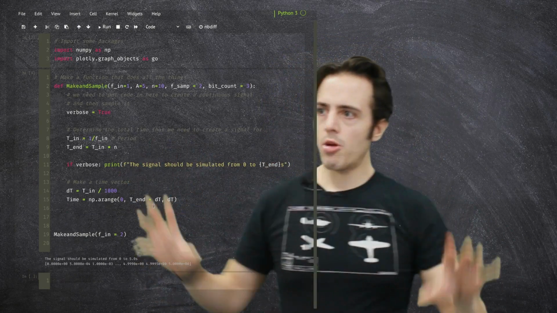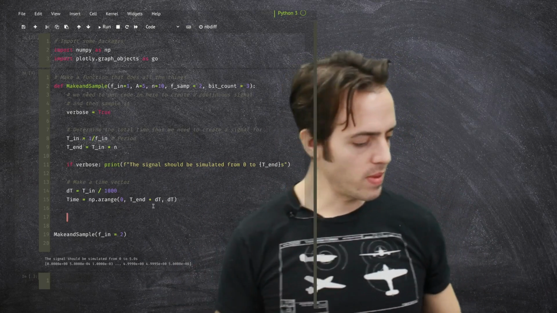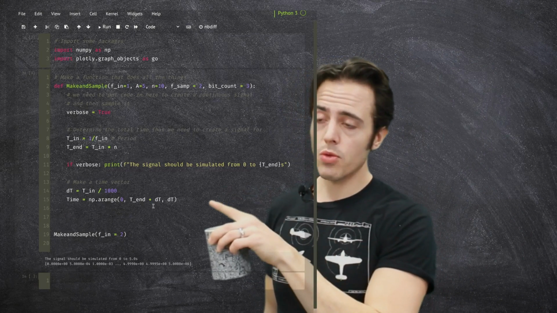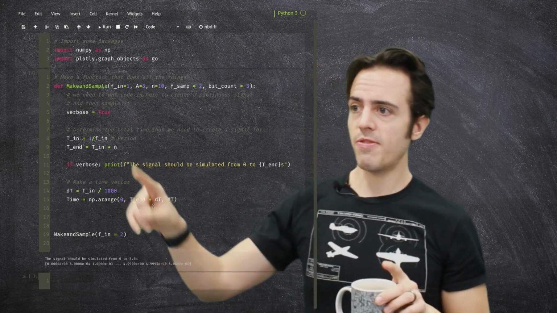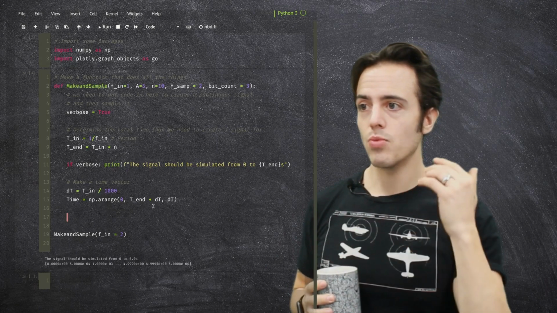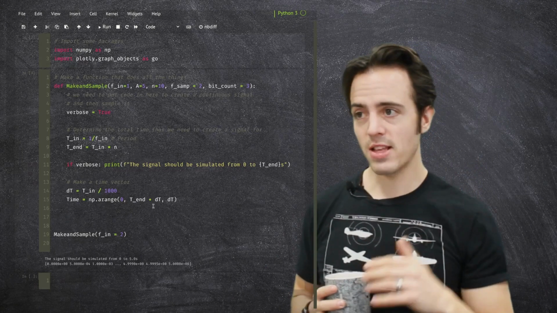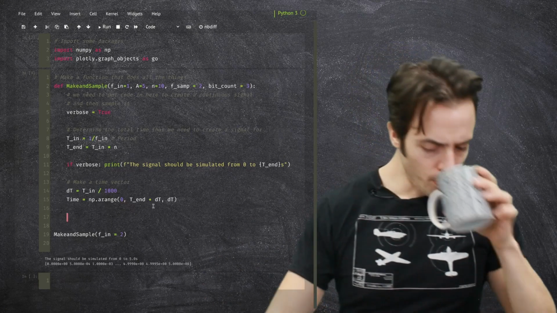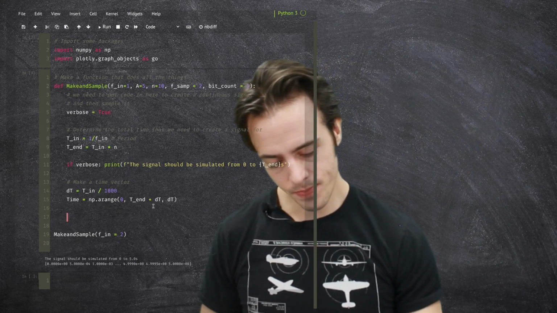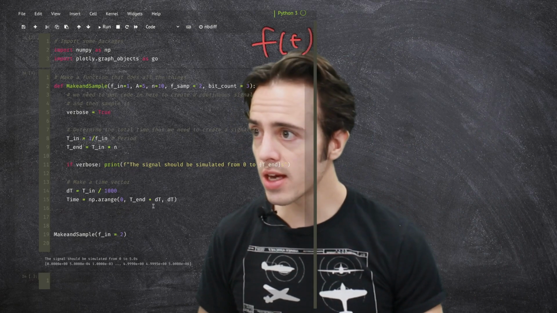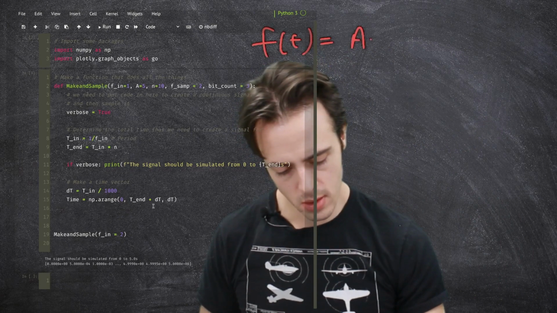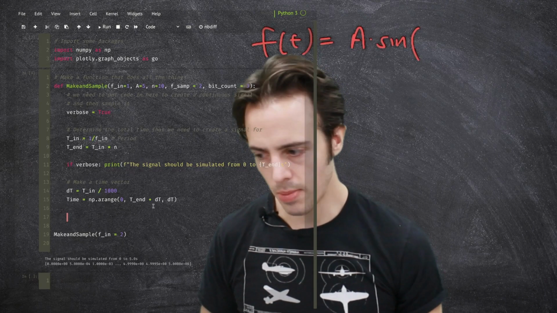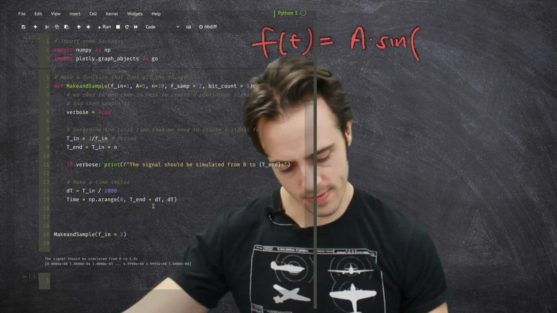Again, with this problem, there's about 1,000 ways you could solve this problem. There's many ways you can skin a cat. But the way that I'm going to choose to do this, I'm going to make a little sub-function inside here that effectively is my sine function. So I'm going to have a periodic sine function in here now. So I want a signal of the form f(t) is equal to A multiplied by sine of 2 pi f